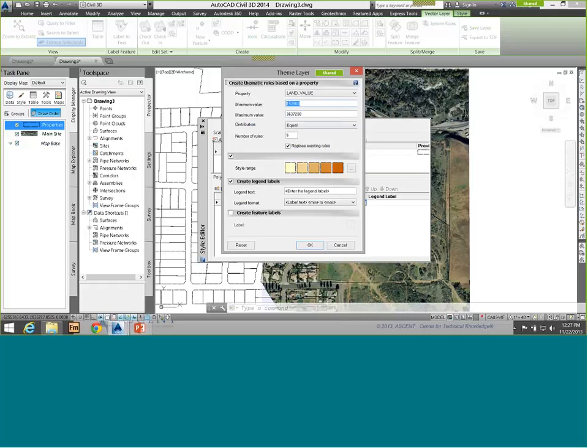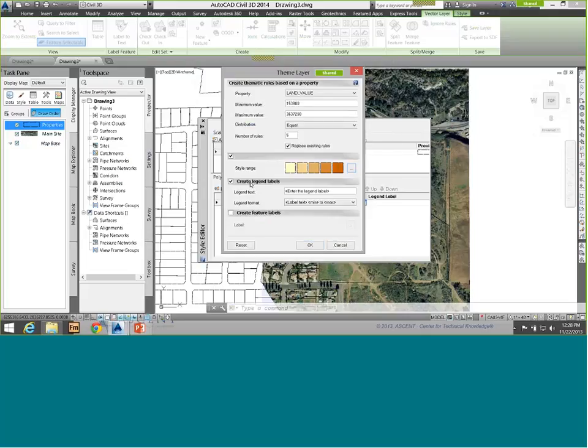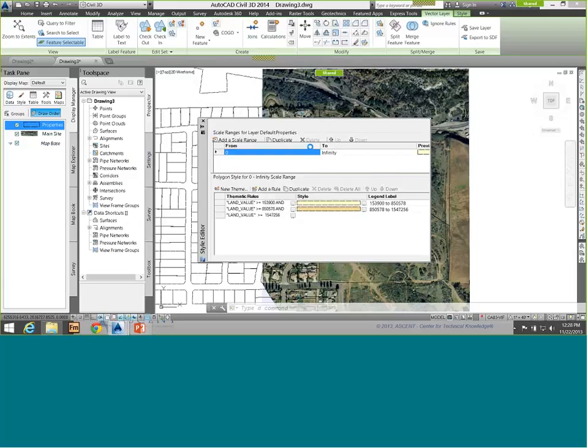It's telling me what my minimum land value is and what my maximum land value is, and I can tell it how I want to proportion that. Do I want it equal proportioned? Do I want a standard deviation, quantile, Jenks, or natural breaks, or individual values? And then, of course, I would set my style ramp as well. Okay, so I can set the value from the beginning to the end, and when I click OK,